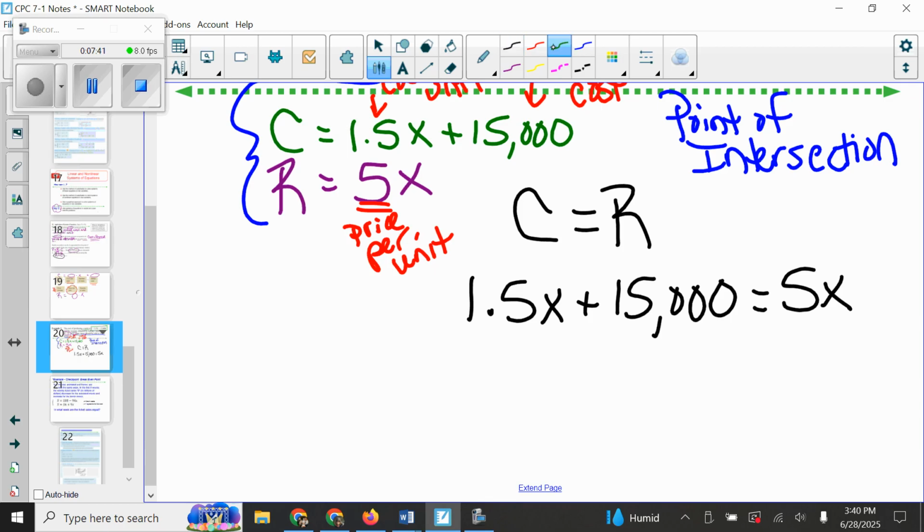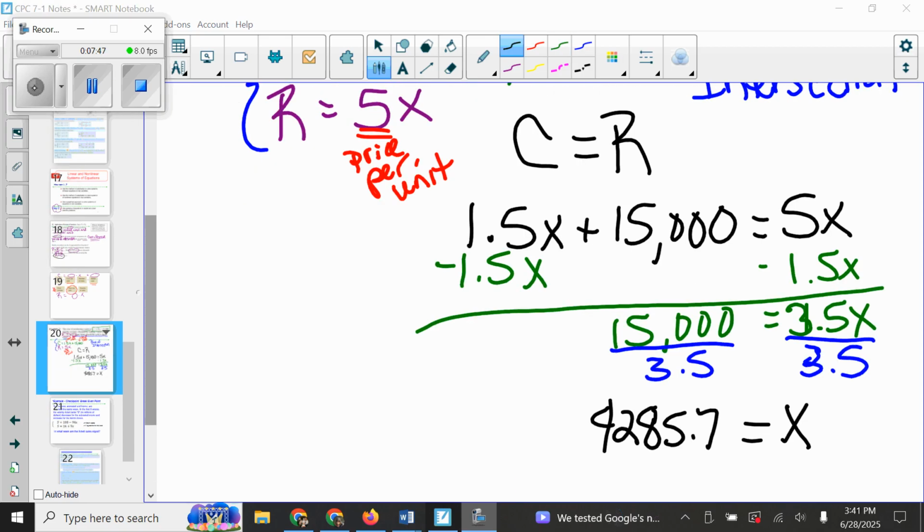So go ahead, pause the video, solve the equation for X, and see how many units we need to sell to break even. All right, so let's take a look at our solving. So I subtracted, divided, and I get 4,285.7. Now, if you are doing a report and you need precision and you want that exact amount, you